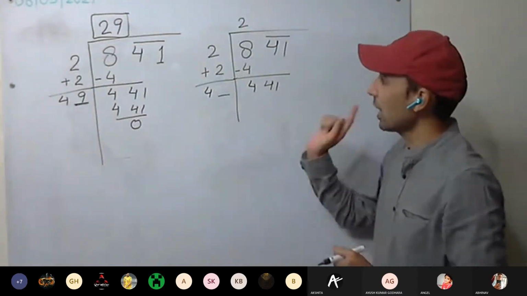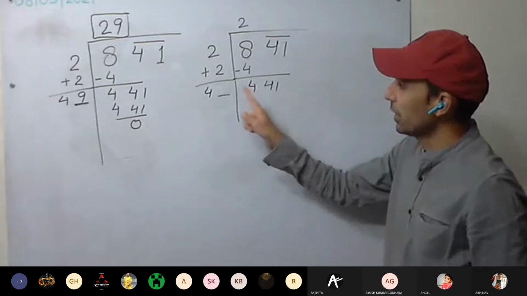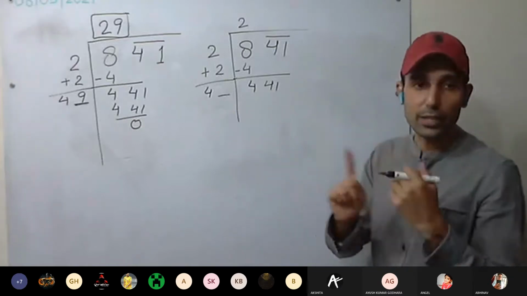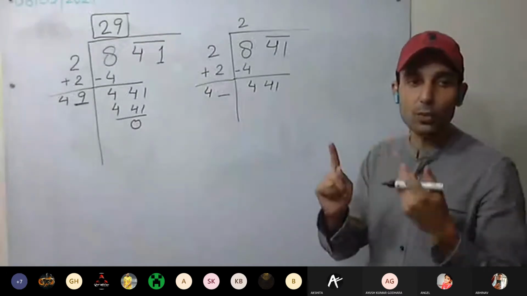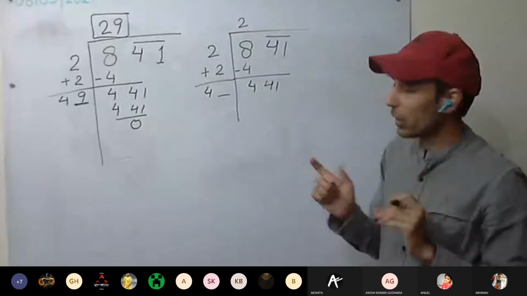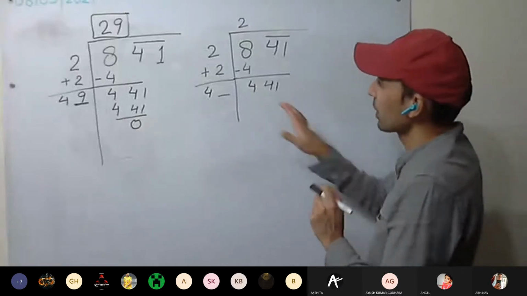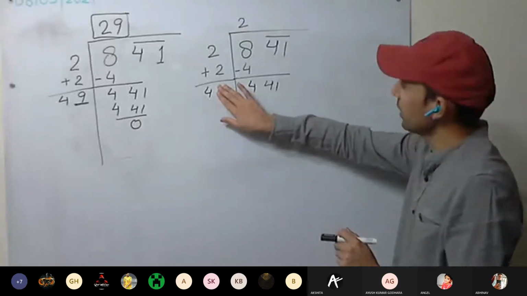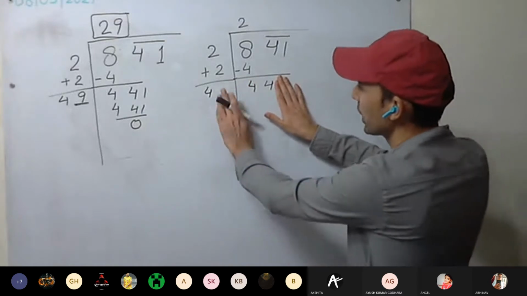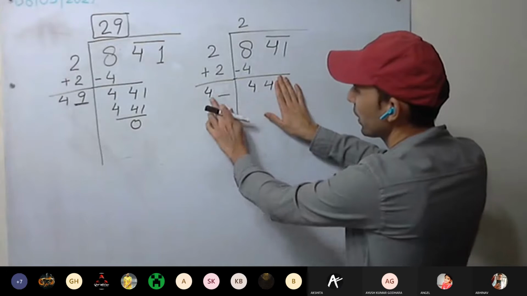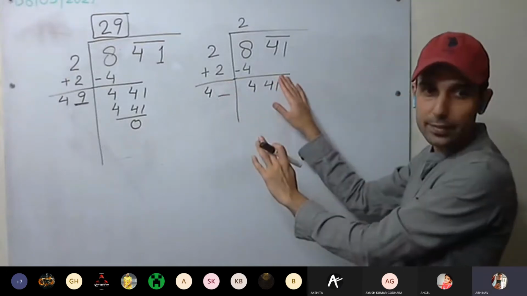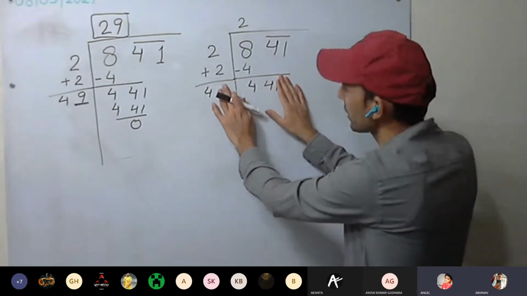So now the question is how we can find the digit. Either it's hit and trial, where we check for 7, 5, 3, 2, or we start from 1, 2, 3, 4, 5, 6, 7, 8, 9, like we do. There's one more way. The ones digit we do not know, so forget about the ones digit here as well. How much are you getting? 44 divided by 4, 11. 11 something you are getting?